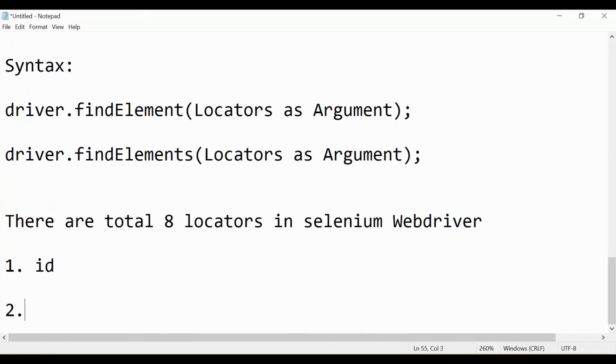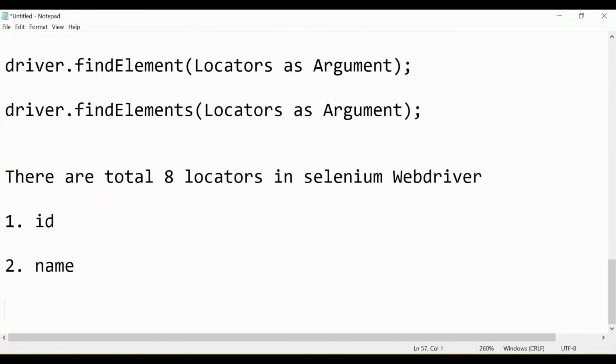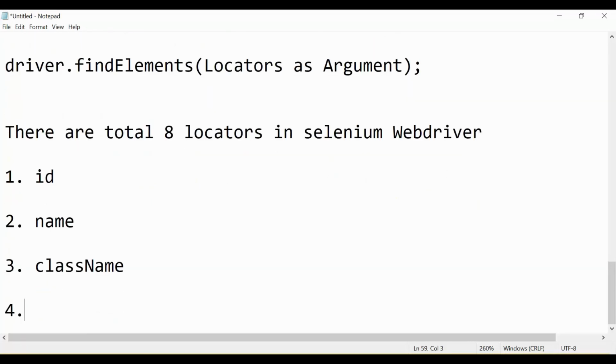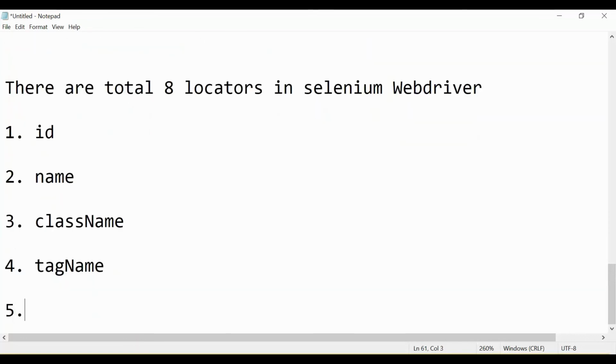The second one is name, small name. Then class name, then tag name, first alphabet small. Then the fifth one is link text.